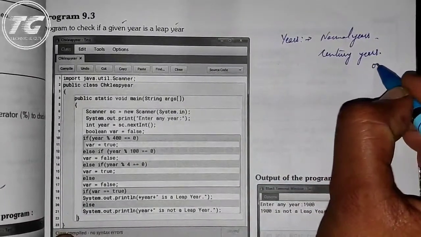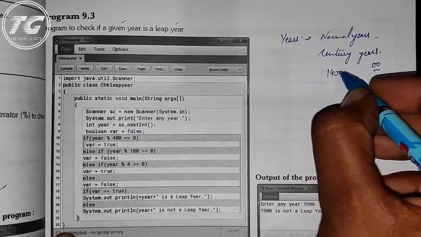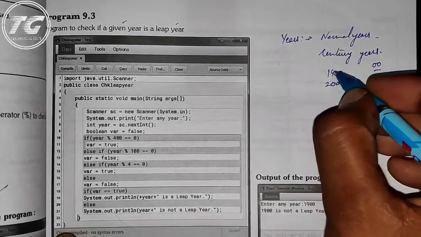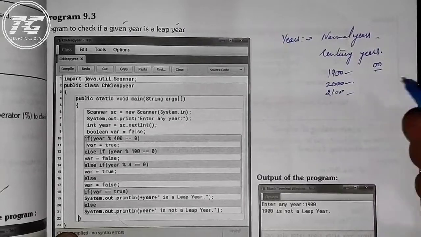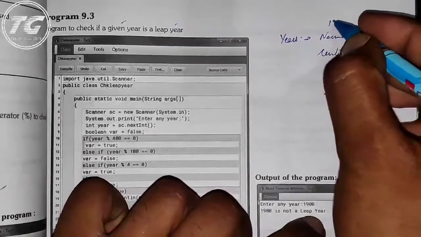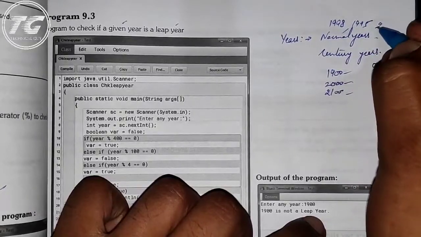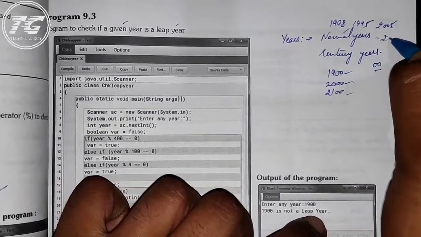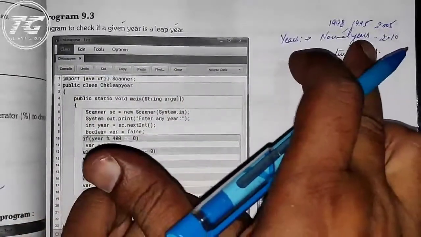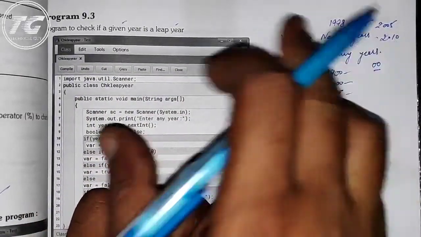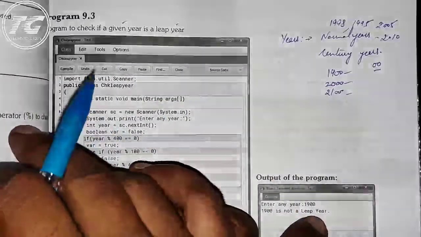Century years are the years which are ending with 00, like 1900, 2000, 2100, like that, all are century years. And the other years like 1998, 1995, 2005, 2010, they are normal years. Means the normal years are those years which are not century years, and century years are the years which are ending with 0 and 0.